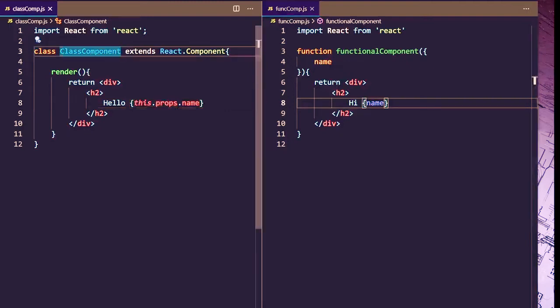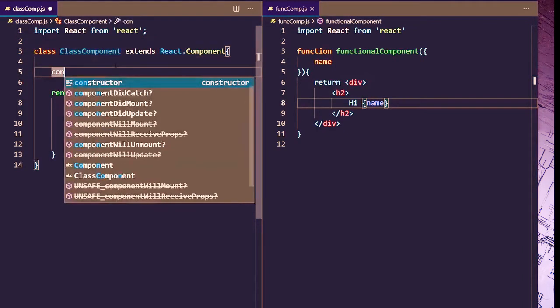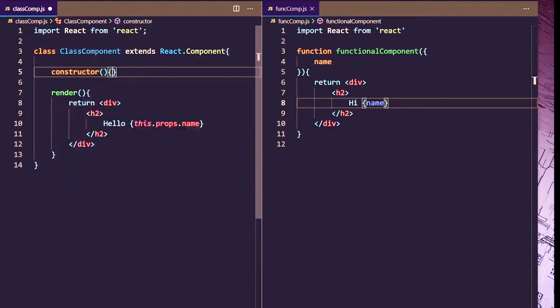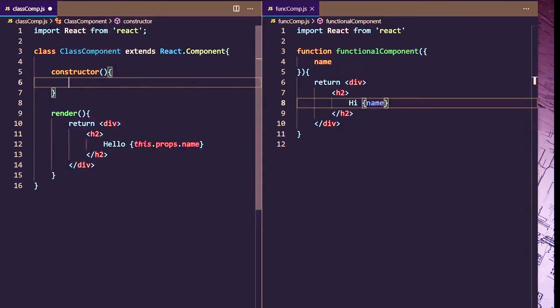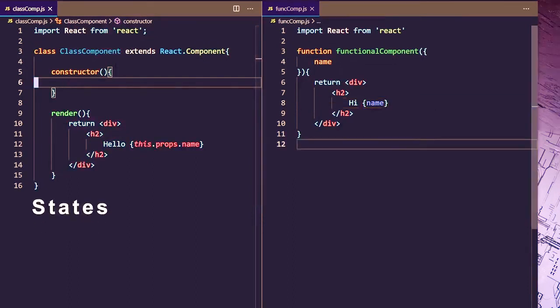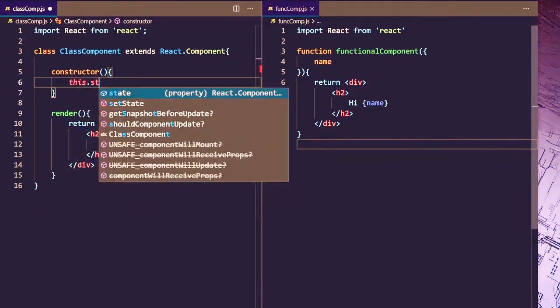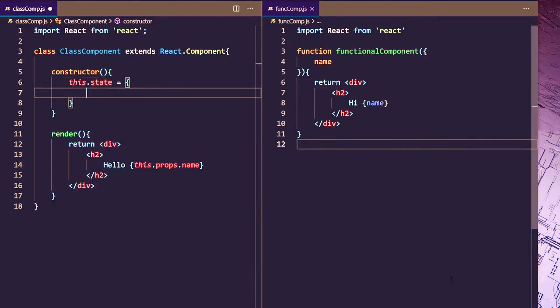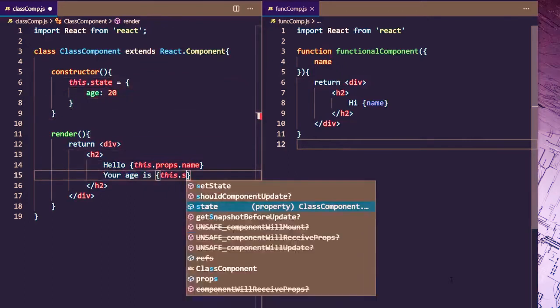I'm going to add some more items in the class component. You might have noticed that the class component has a constructor. In the constructor you can initialize some of the things. After props, the next thing we normally do is the state, setting state. In a class component we use this.state to initialize the state. So we are adding one state called age. Okay, so this is our state, this.state.age,